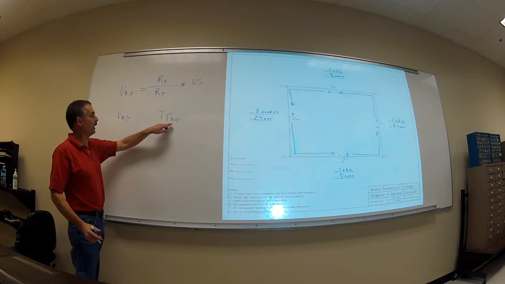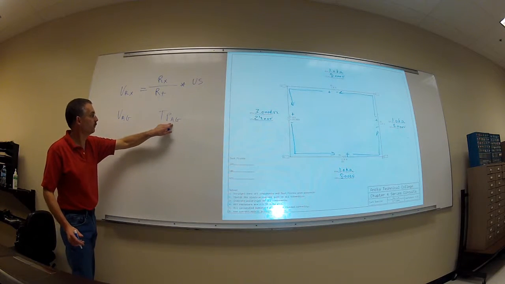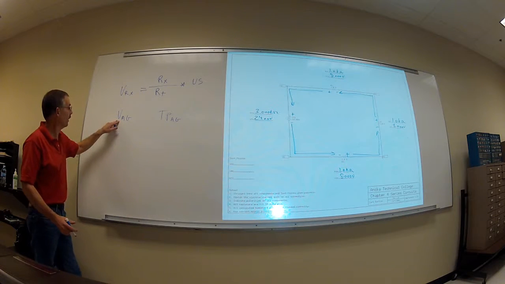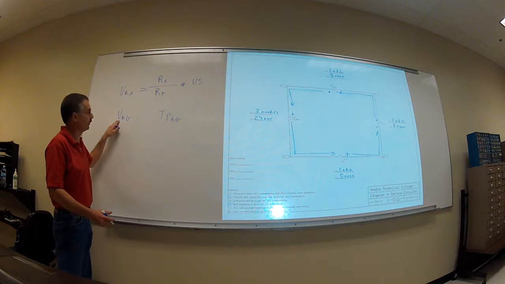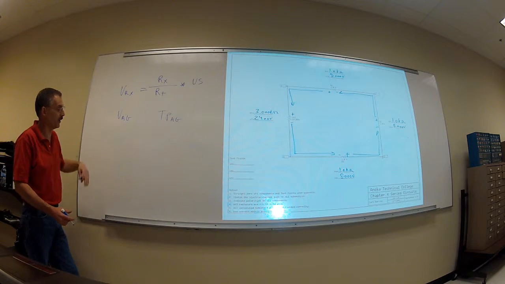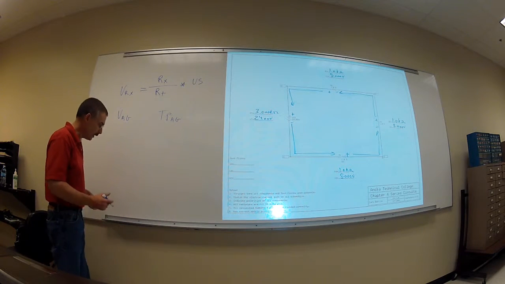Sometimes they call it test points, test point A to G. Both are test point A to G. Doesn't matter if they're using V or TP. All they're doing is identifying; when we use V, we're identifying that it's a voltage. Then